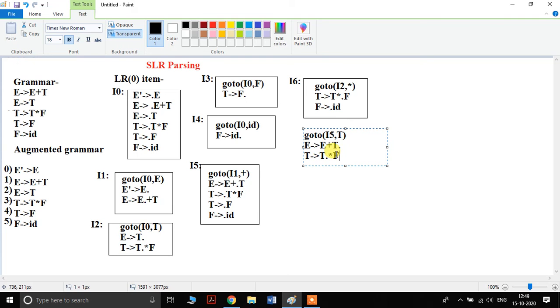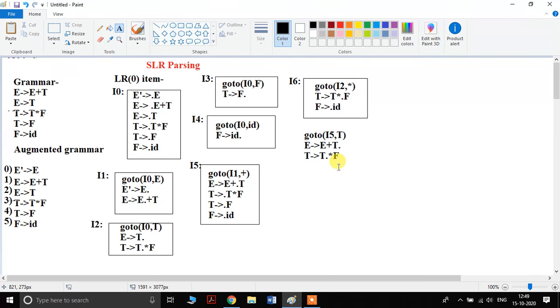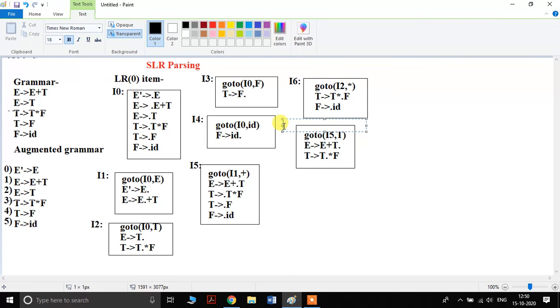No, because there is no dot on the left side of the non-terminals. It is not matching with any previous state. That's why I have to give it a separate name. What will be the separate name? That becomes I7.